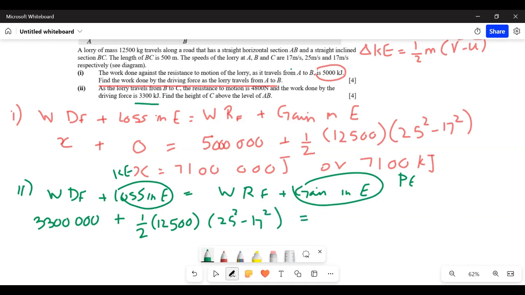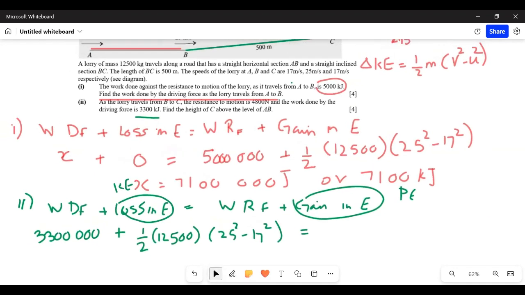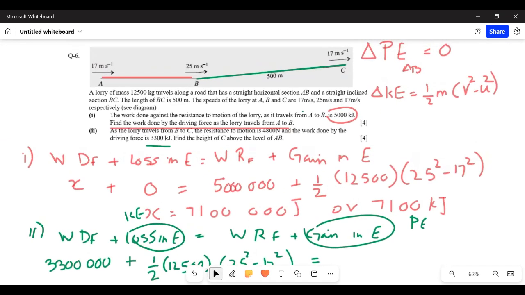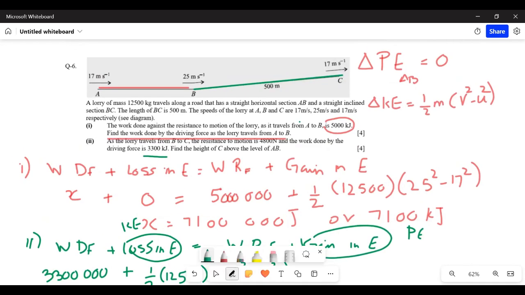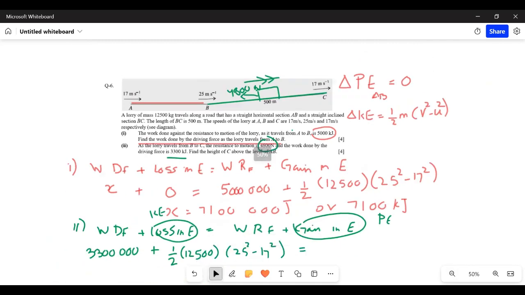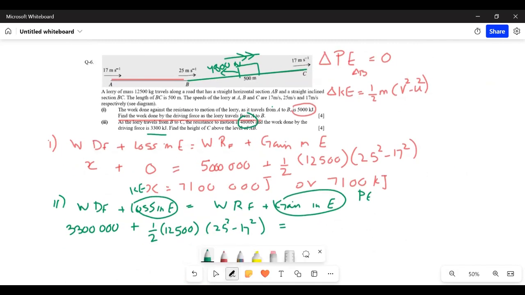ओके, इज इक्वल्स टू वर्क डन बाय रेजिस्टिंग फोर्स। अच्छा, अब रेजिस्टिंग फोर्स हमें खाली फोर्स गिवन है, वर्क डन बाय द फोर्स नहीं गिवन। हमें ये पता है कि यहाँ पे एक रेजिस्टेंस फेस कर रहे हैं 4800 न्यूटन्स की, सो वी नो द फोर्स बट वी नीड द वर्क डन बाय दिस फोर्स। तो वर्क डन का हमें फॉर्मूला पता है, वर्क डन होता है